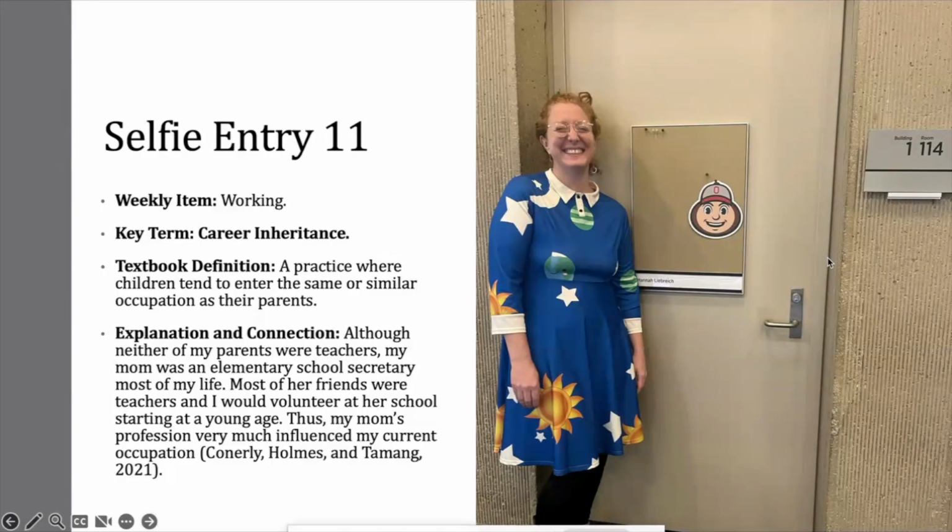And so this is a selfie of me. Actually, it's a picture of me. Someone else took it in front of my office, and I'm dressed up like Miss Frizzle. I had a student last semester who would always joke that I looked like Miss Frizzle. She was a really awesome student, and I wanted to put a smile on her face. So I borrowed a Miss Frizzle costume from one of my friends. I wore it to campus, and our paths happened to not cross that day, so I made sure to take a picture and share that with her.